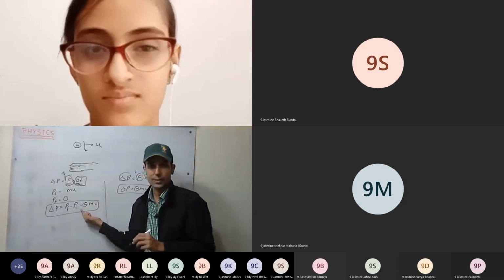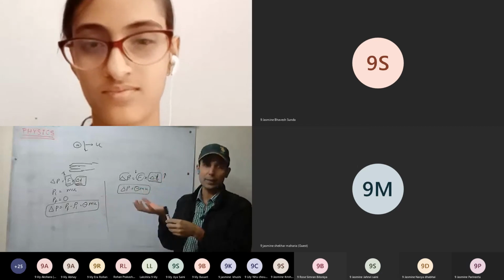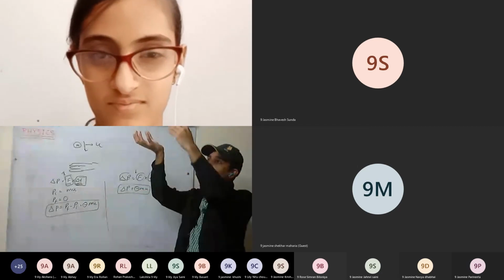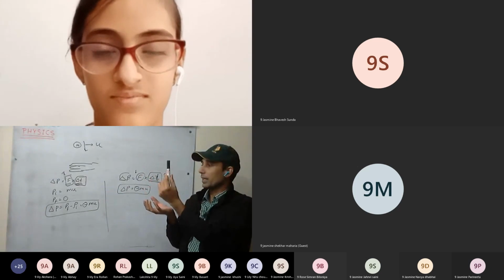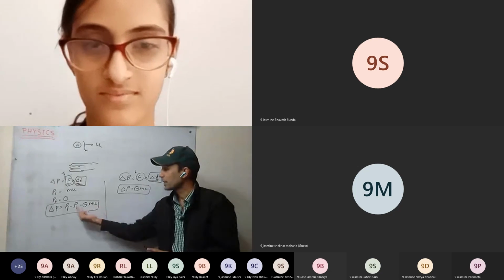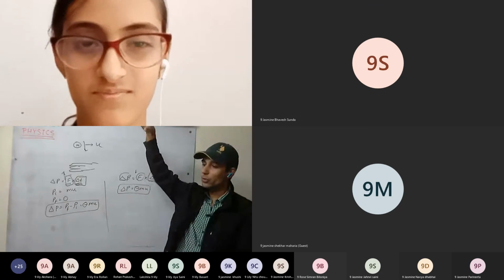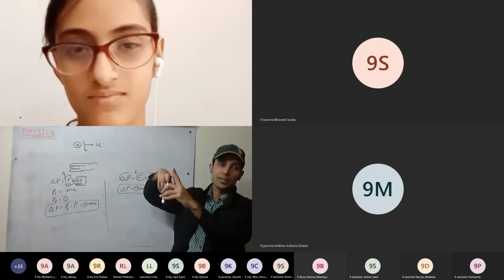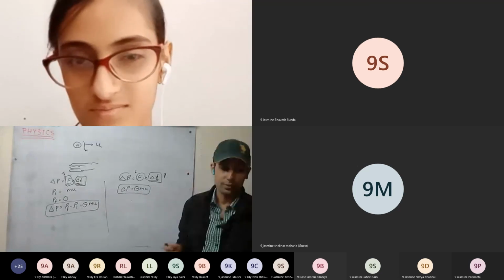Minus sign denotes the direction. That is, in which direction the rate of change of momentum is taking place. In the opposite direction. That's why it is coming from some velocity to 0. That means momentum is in this direction, change of momentum is taking place in this direction, the opposite direction. Minus sign denotes the opposite direction of the motion of the body. Motion of the body is in this direction, but change of momentum is taking place in this direction. Therefore, its speed is decreasing and coming to rest. Okay, this is clear now.